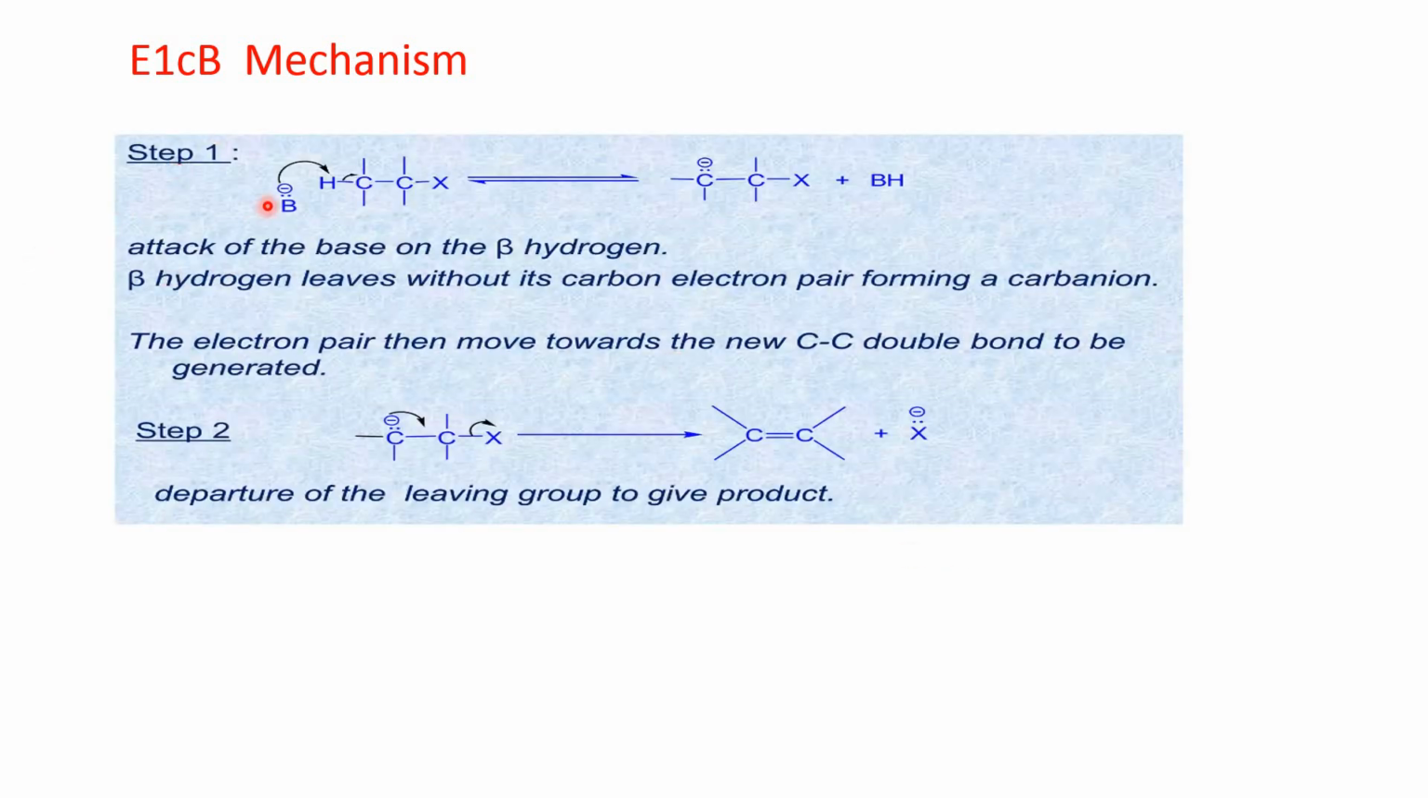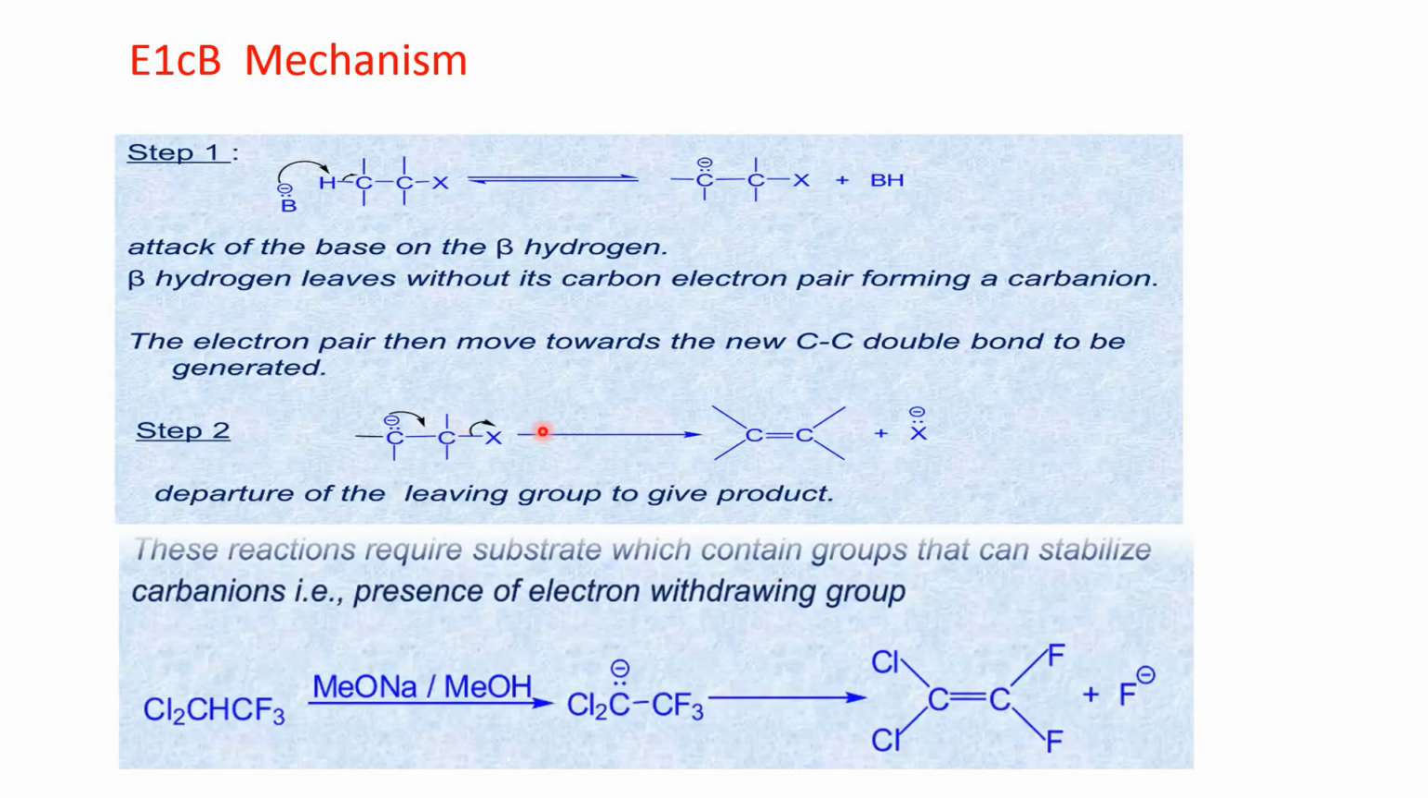Now the E1CB mechanism. In the E1CB mechanism, what happens? A strong base is needed here. It attracts the proton, takes the proton, and then a carbanion is formed. Then from the carbanion, it forms the double bond here and the leaving group is left. So this reaction requires a substrate which contains groups that can stabilize the carbanion, that is the presence of electron withdrawing groups. Say for example, here the chlorine atom and fluorine atom are the electron withdrawing groups. This is the carbanion. And then this chlorine